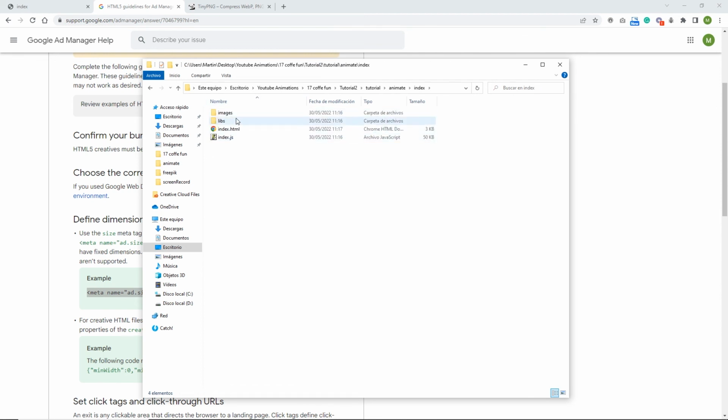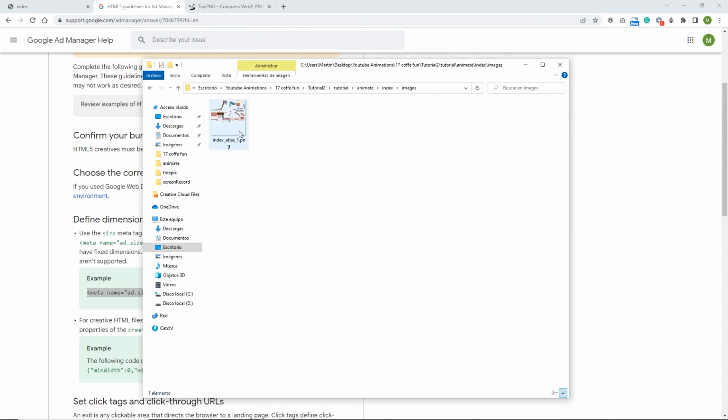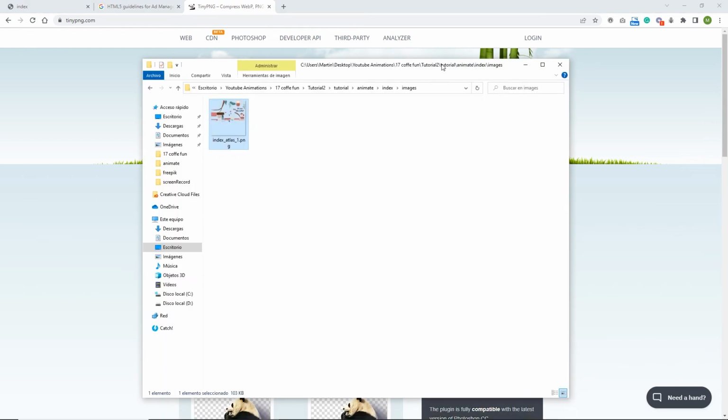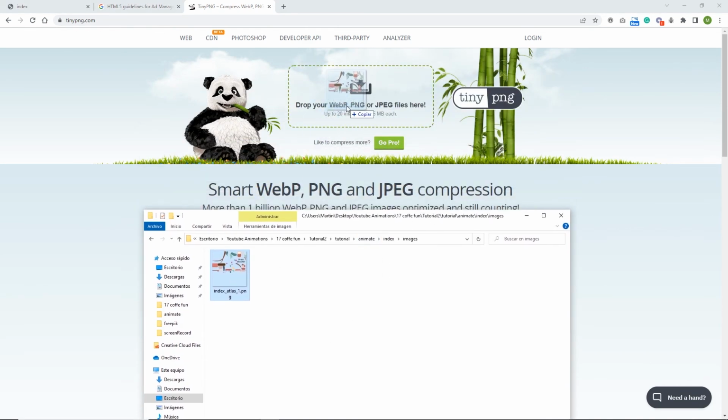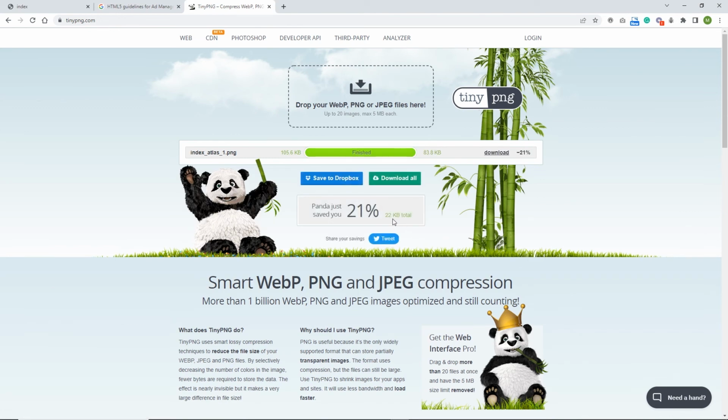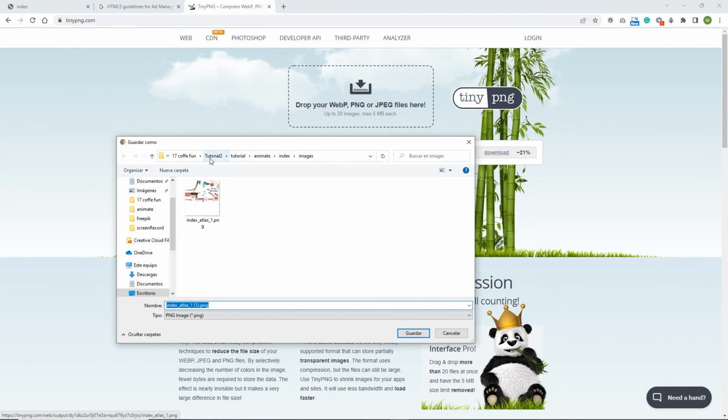and I will go to these images. In these images I have one PNG file which contains everything. What I could do is go to this website, TinyPNG, and I'm going to provide you a link in the description. Basically it is going to compress your PNG or JPEG without losing quality. So you are going to have a smaller file, but the quality is going to be almost the same. I'm going to drag it in here like so, and it is going to compress it by 22 kilobytes. So right now I'm going to hit download,